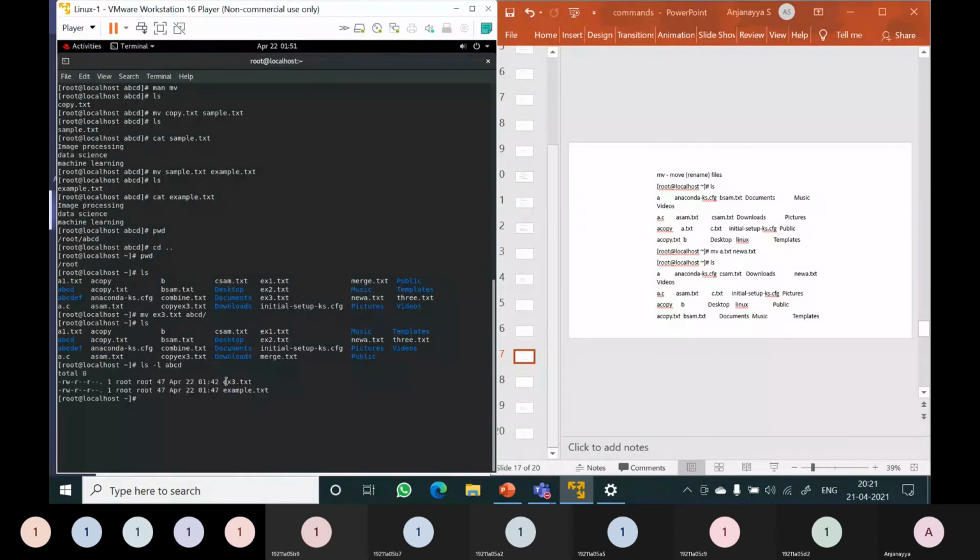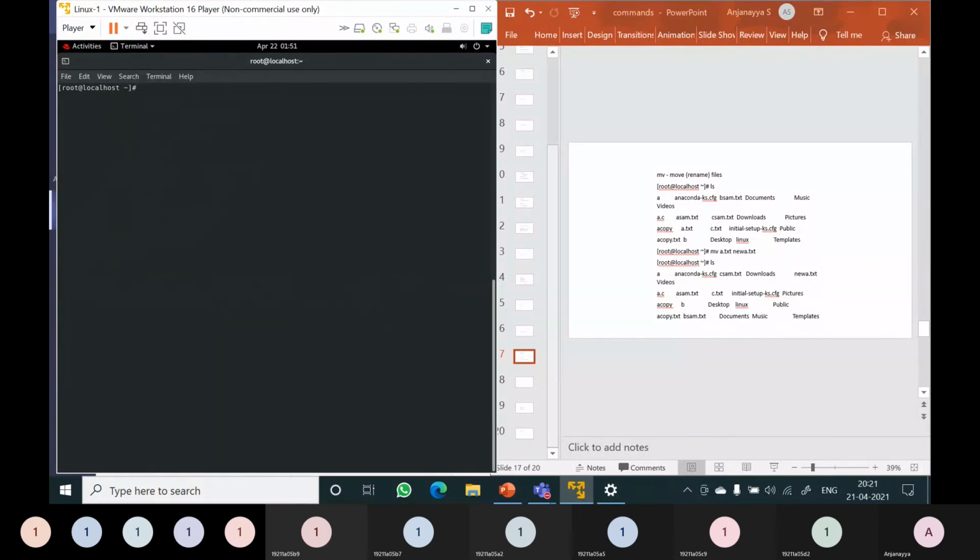So now you can see that ABCD contains ex3.txt. Clear the screen. ls -l abcd. ABCD contains ex3.txt now. Now if you just type ls, the ex3 file is not present here. It has moved into the ABCD directory.